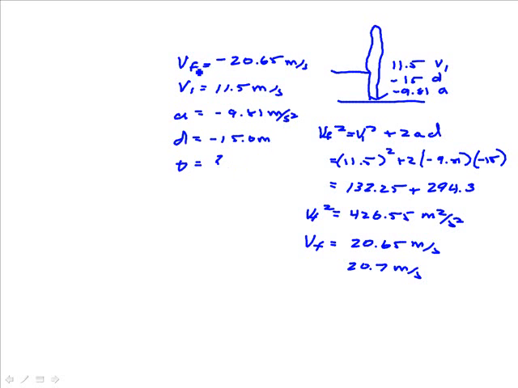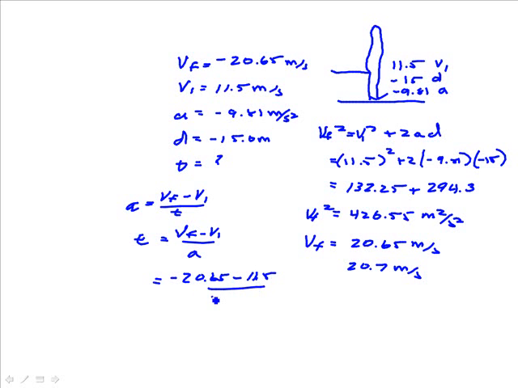Now, there are a number of different equations you could use, but some of them are more difficult to use than others. I would recommend that you try the simplest one, which is A is equal to Vf minus Vi over T. T then is equal to Vf minus Vi over A. And of course that's equal to negative 20.65 minus 11.5 divided by negative 9.81. And we end up with T is equal to